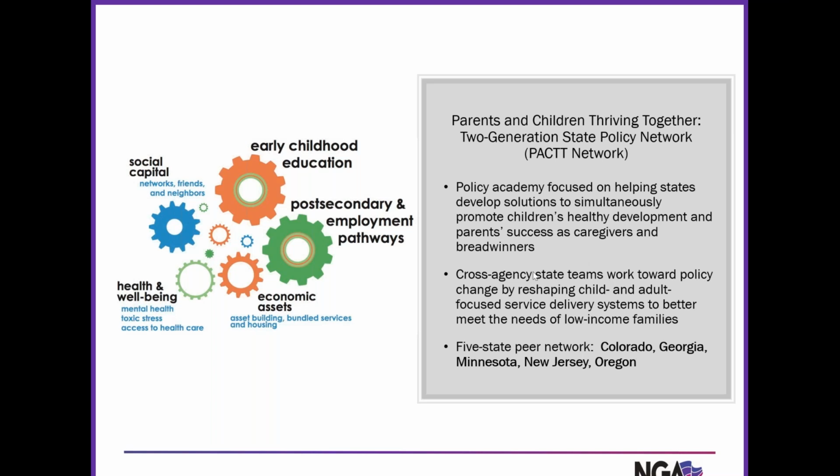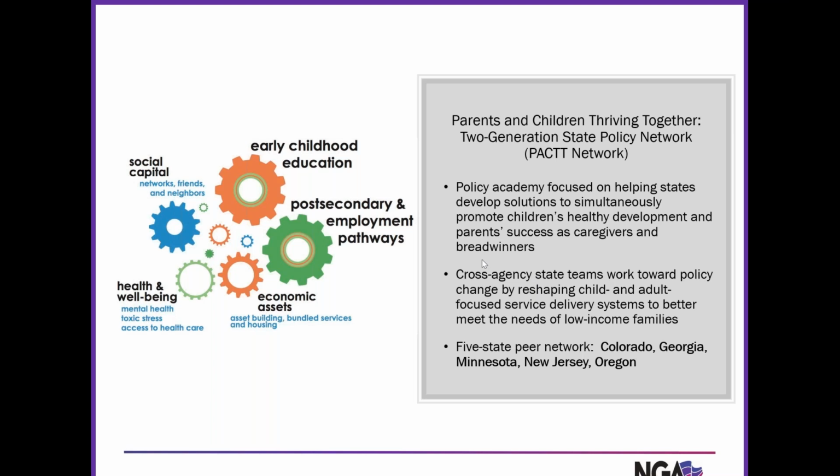Such two-generation programs typically provide services to both adults and their children, either by a single organization or through a partnership between two or more organizations. For example, a program may combine exemplary early childhood programming with robust parent education and employment services. So, for a bit more about the two-gen work currently underway at NGA,